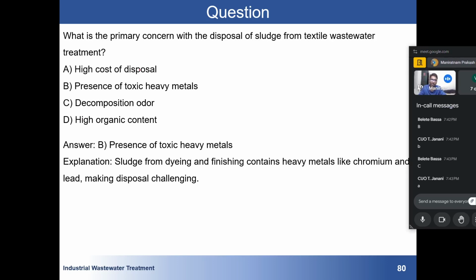If it had been multiple-answer, then I could have asked you to mark A and B both. Okay, na, D also. Maybe all of these are a concern, but the primary concern is that textile wastewater contains a high amount of toxic heavy metals such as zinc, chromium, lead. We have seen this thing. Okay, na? So the correct answer lies in the language of this question. The question is simple, asking for a single correct answer, and the single correct answer is the presence of toxic metals.